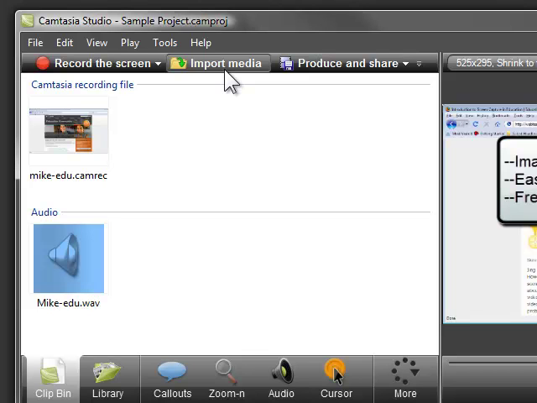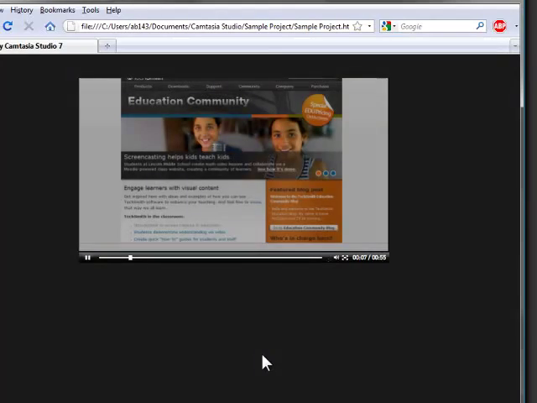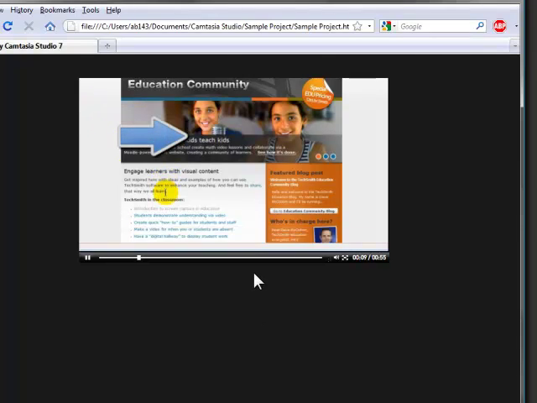When you've made edits and added effects to your video and you're ready to share it, you need to produce the project to create a shareable video. Click the Produce and Share button, step through the wizard, and Camtasia Studio creates a viewer-friendly, shareable MP4 file ready to upload to